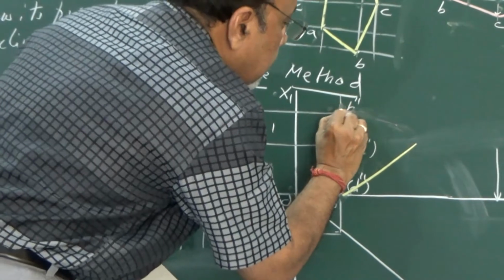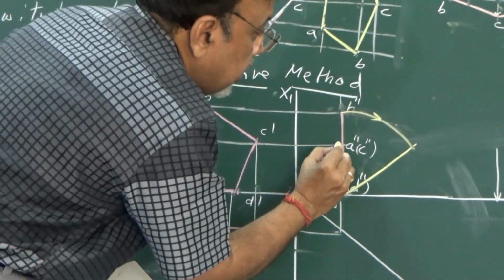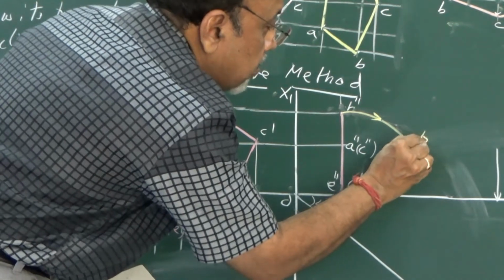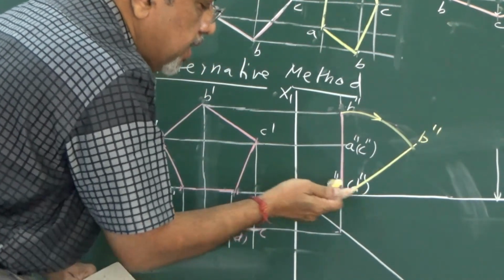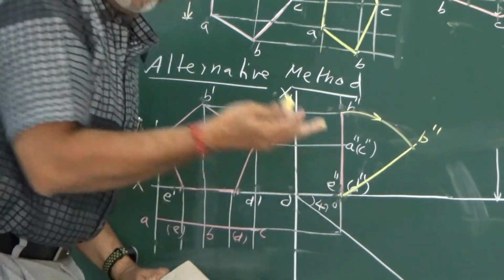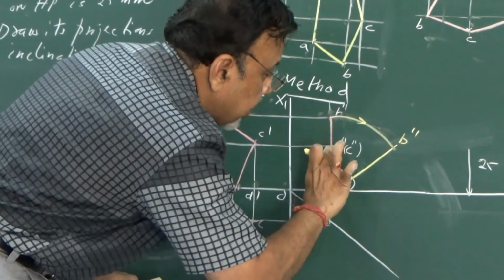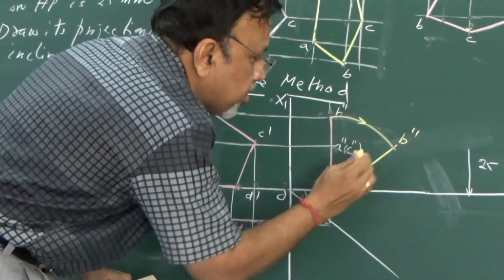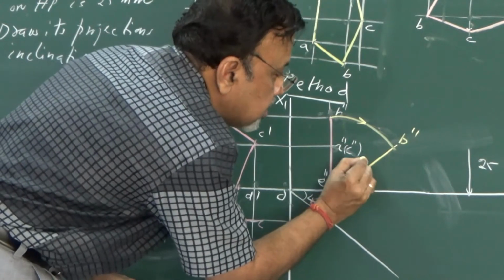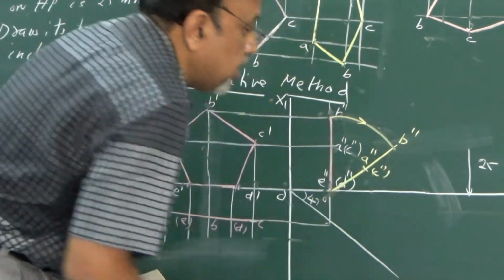So this is the arc I have drawn. This is the construction line, and again this B dash will come here, or B double dash, and DE will be on X1 itself, because I wanted this to be on HB itself. Then again this point I need to transfer. So again I am going to draw another arc here, so that I am just getting the points. That's all, I am just transferring the points. It is as simple as that. So A double dash and C double dash.